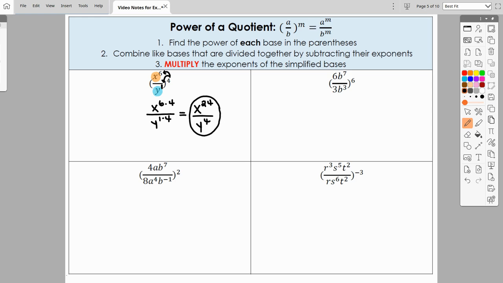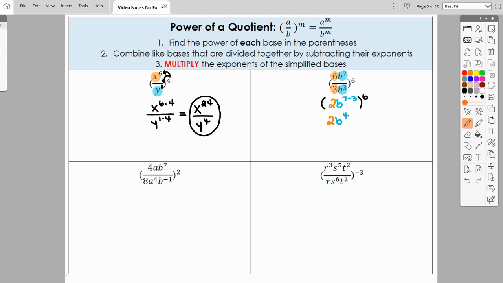In the next example, I'm going to go ahead and combine my bases inside first. 6 and 3 are both numbers. Since they don't have an exponent, it's just division of 6 divided by 3, which is 2. Because the letter b's are both in the top and the bottom, I can simplify them with subtraction first. So I'll subtract b to the 7 minus 3 as I'm subtracting their exponent powers. Don't forget, you still have the power of 6 raised outside. Inside, the 2 will stay, but I know the exponents of 7 minus 3 will make 4 as an exponent